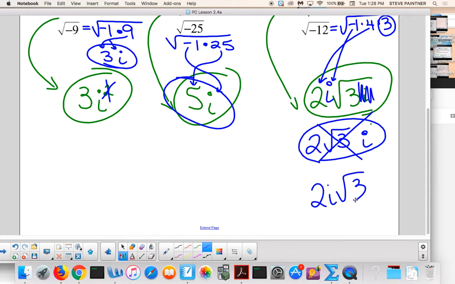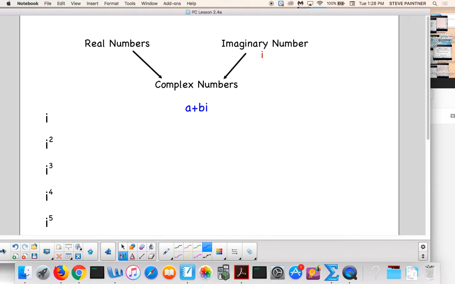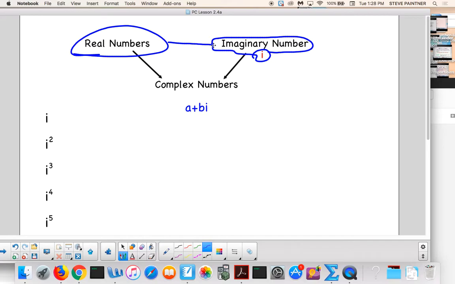Okay, just a refresh. I hope that made sense. Next, this is kind of weird because you didn't see this much in Algebra 2, if any. You now have a group of numbers called the real numbers, right? That would be any number you can think of. But wait a second. Now they introduced what? The imaginary number, right here, i. But the imaginary numbers bring in a whole new group of numbers called what? Complex. And complex numbers will always look like this, where a is the real part of the answer, where bi is the